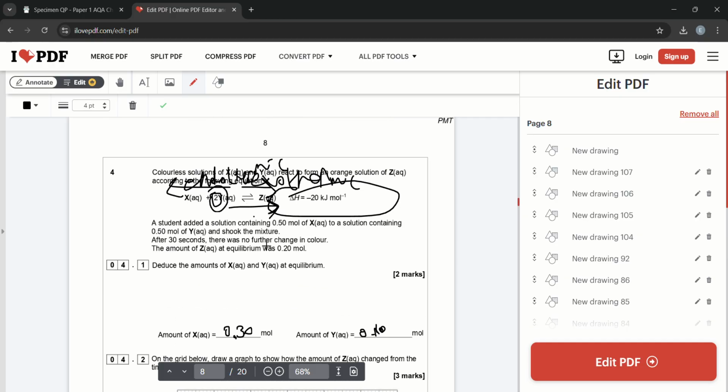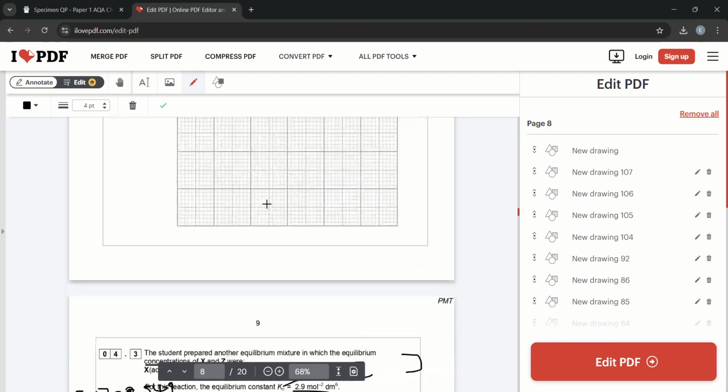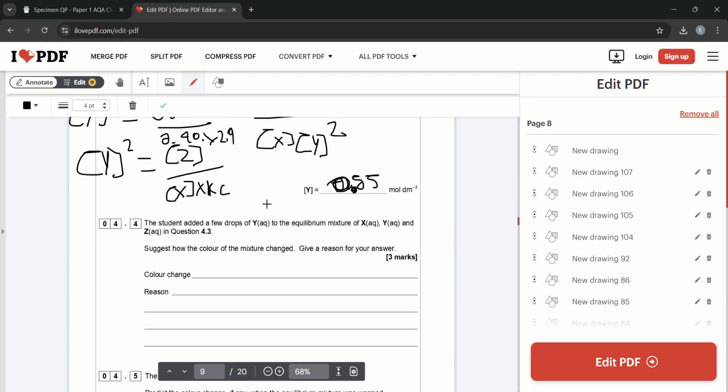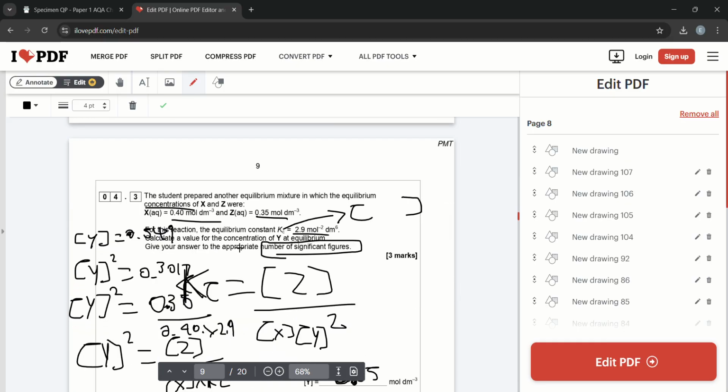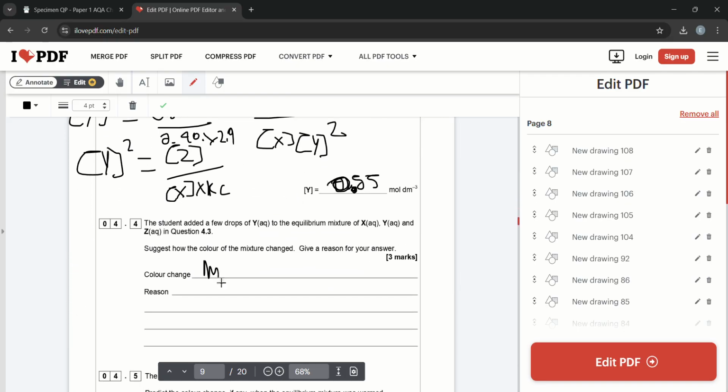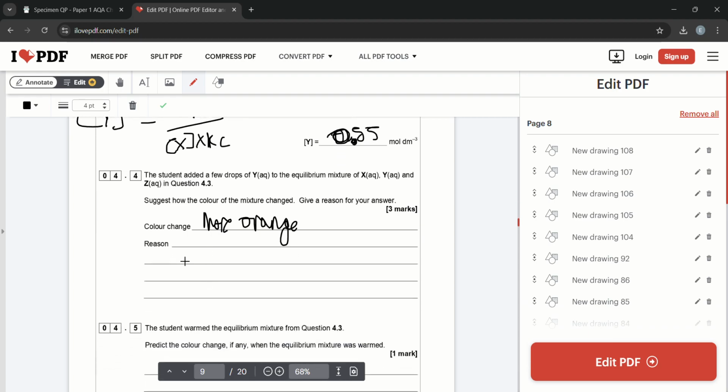And therefore, what's going to happen to colour? Well, we know x and y are colourless solutions, or z is an orange solution. So therefore, we're going to have more of z. So therefore, it's going to become more orange. Okay, so the colour of the solution changed. Well, it's not going to be orange, we already know z is orange. It's going to become more orange because we're going to have a higher concentration of z. So more orange. Reason: equilibrium